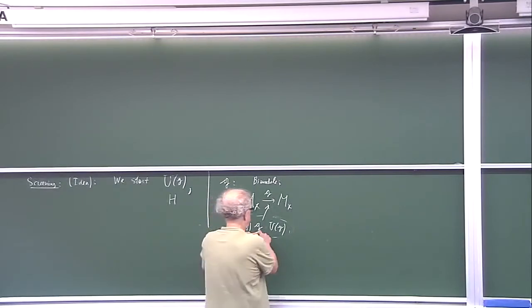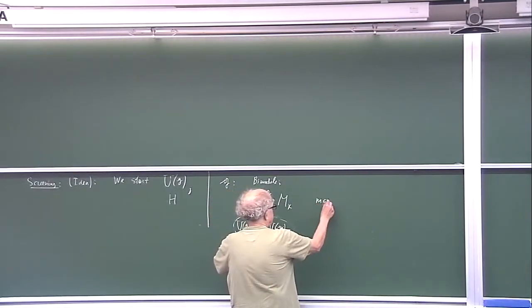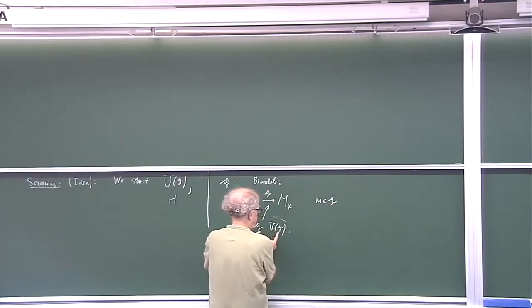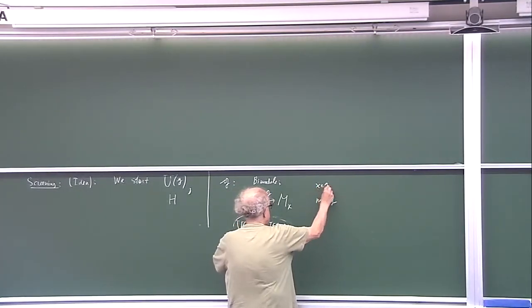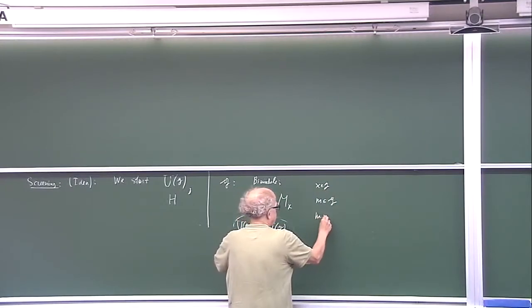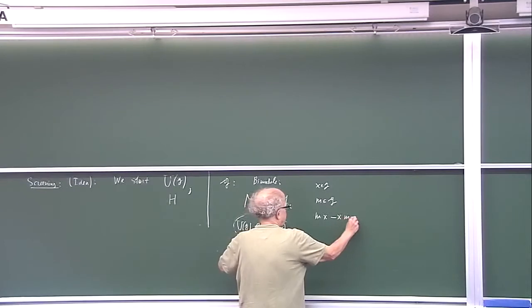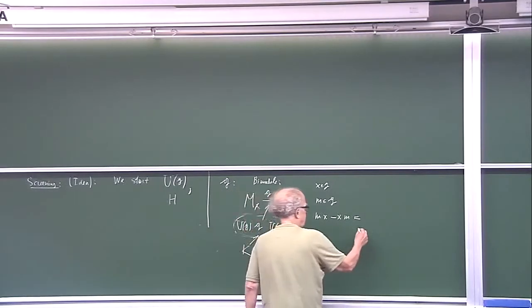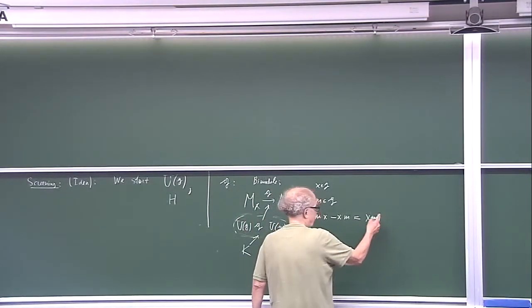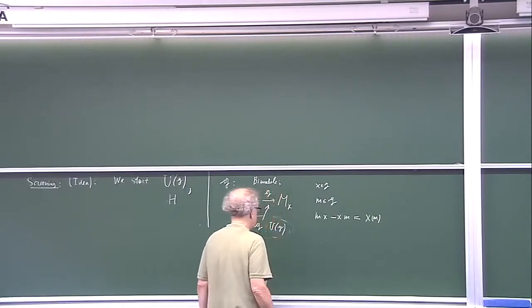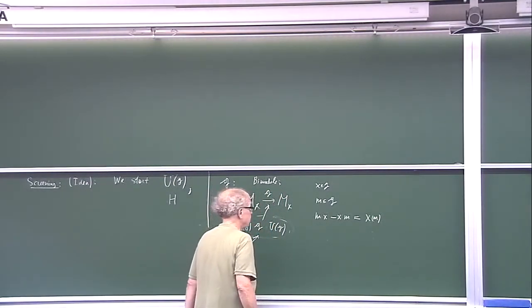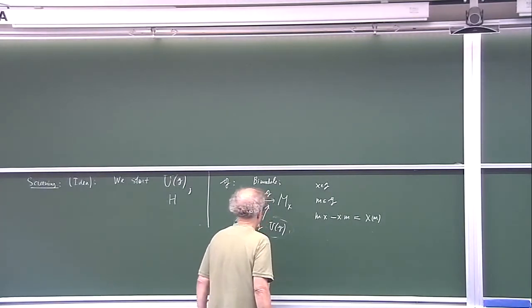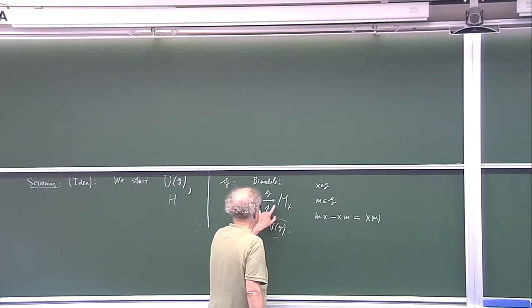It means that if I have M from G, and some X from G, and I take M times X minus X times M, this is the action from this side, this is the action from that side, and this is the same as the action of X on M. This is on a representation, so it gives us an evident kernel. But we have a little bit more, because here this G is acting in the Fermat representation.